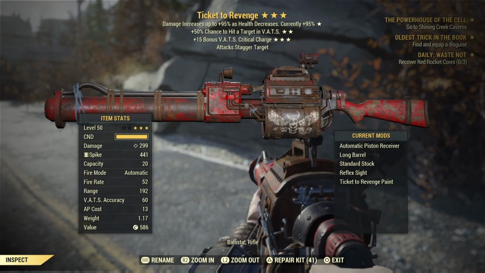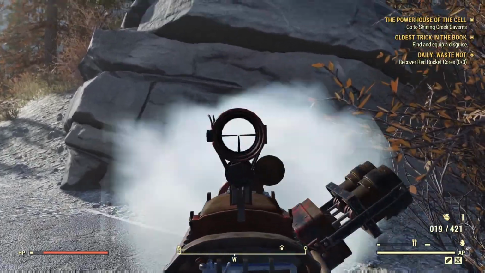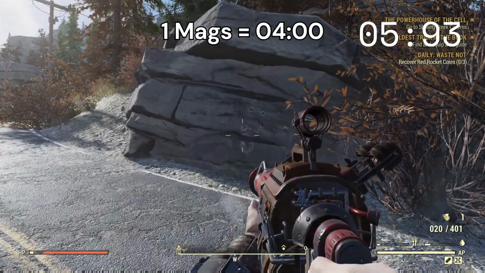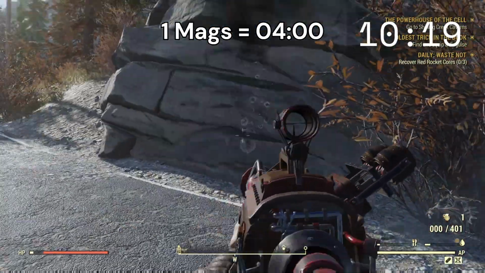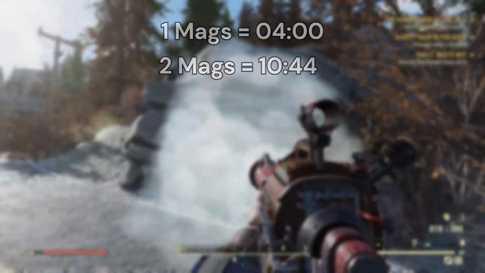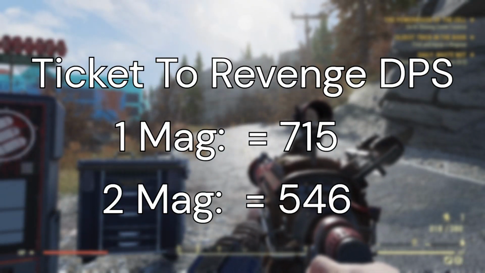So moving on to the Ticket to Revenge, this is a unique railway rifle from a mission doing the Skyline Valley questline. It's gated pretty early on. The reason we're looking at this is because it comes with the legendary effect of being doubled, so you get 20 in the mag instead of 10. Before the Multiple Zero update, this rifle was furious, and it has since been changed back to its original state of being bloodied like it was on the original PTS server. Looking at those DPS numbers for the Ticket to Revenge, 1 magazine comes out to 715,